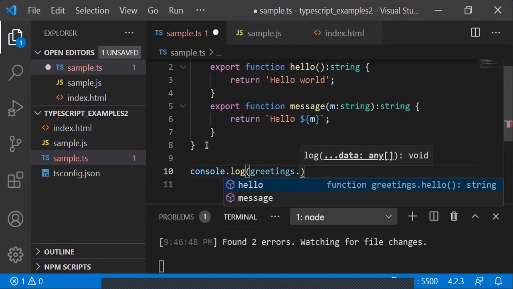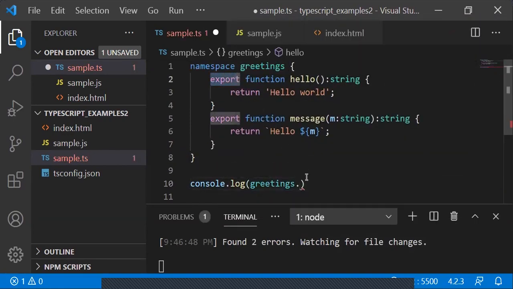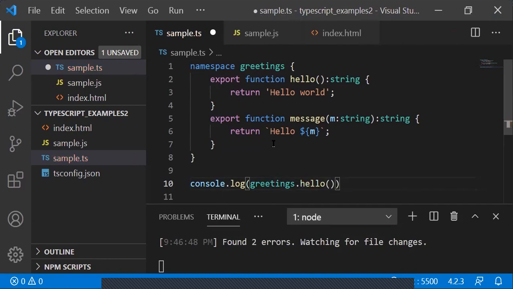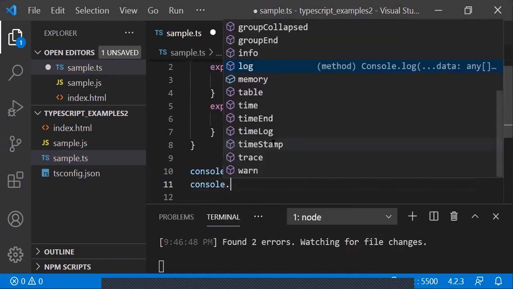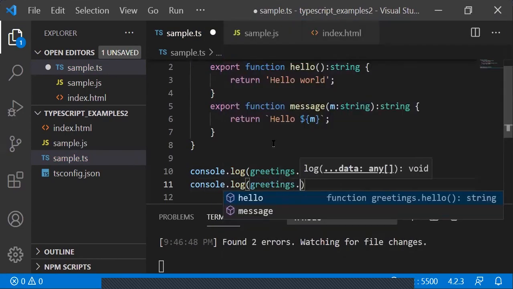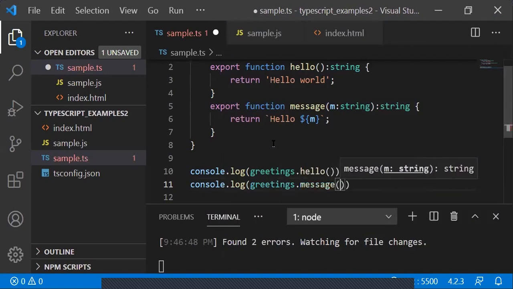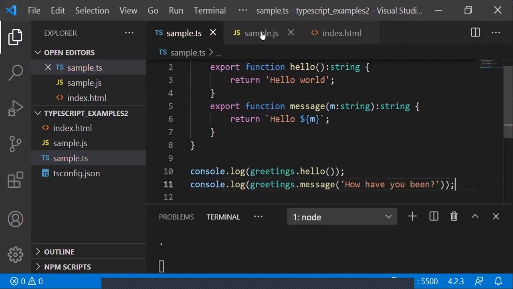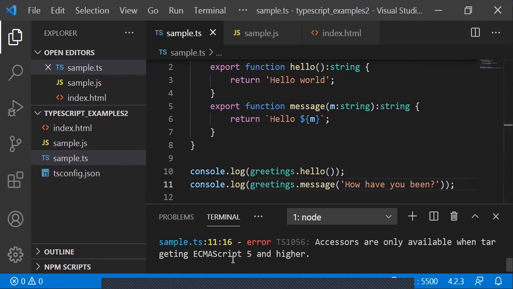So to access it, you have to first export it, otherwise you wouldn't be able to access it. And then greetings dot the name of your function. As I said, just an example. Now, what I'd have to do is